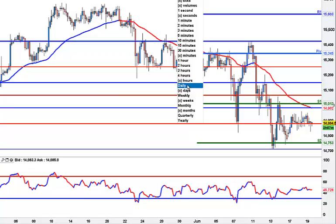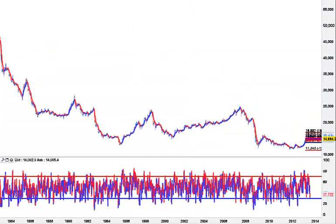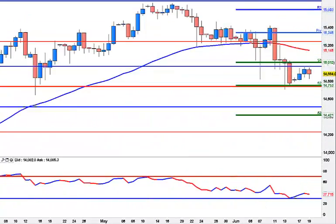Daily, Monday, Tuesday this week has started with selling. This is what's got me bullish. Let's face the fact, this is two blue bars, and we are still below 151.40, which is the daily 50 EMA up there. So if we break yesterday's close at 149.34, there's that magic number again,